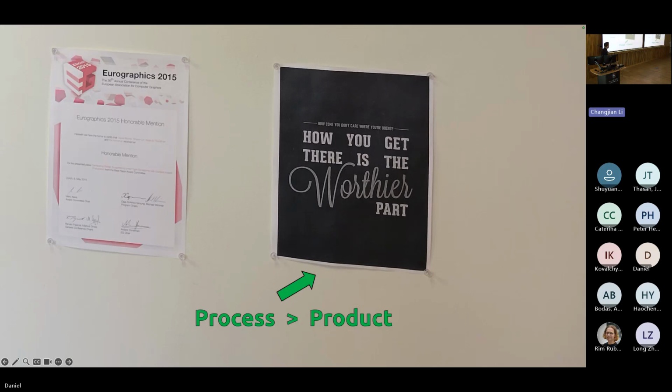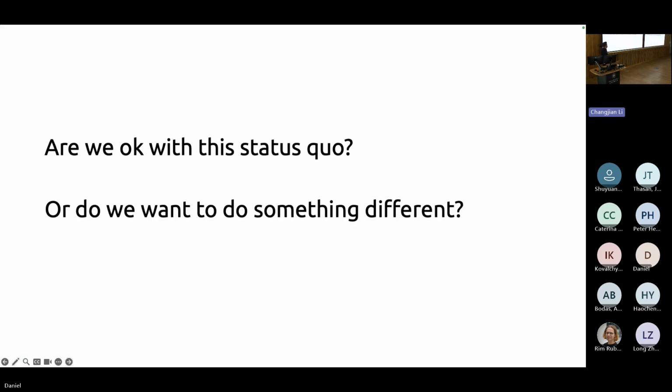And so if I believe that about the research that I'm doing with my students, I think it would be kind of hypocritical of me not to embrace that value system in the actual technical subject matter of the research that we're doing. So let's take a look at what something different might look like. And since I'm here in the UK, I think it's appropriate that I do so by quoting Monty Python.